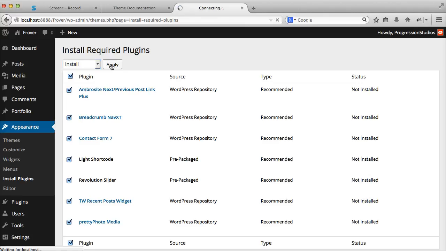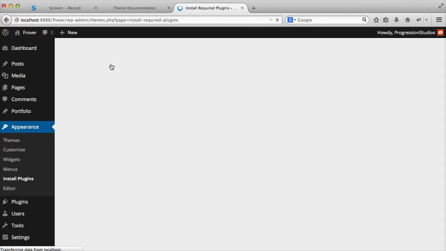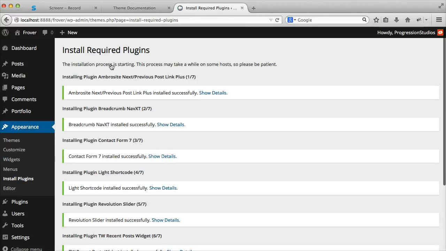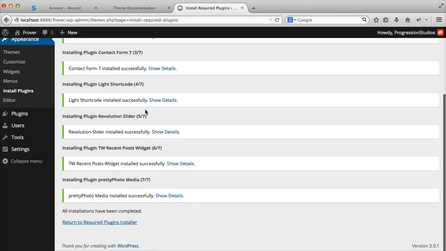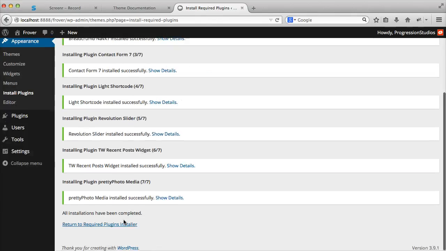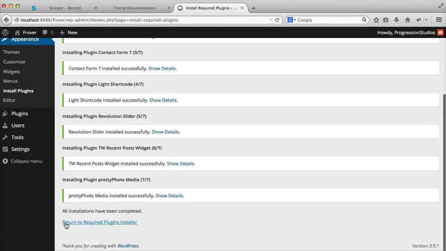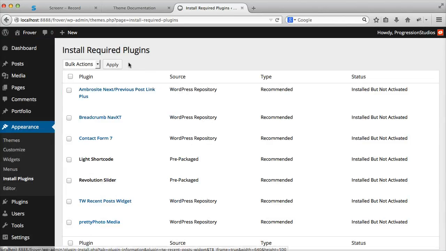So if you click Install and Apply, you can install them all. And again, just go ahead and install all of them, and later on, if you want to start removing them, you can do so by removing them. So once you've installed them, it'll say success, and you can return to the plugins installer, and you need to